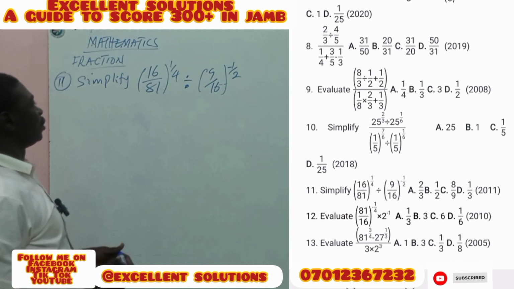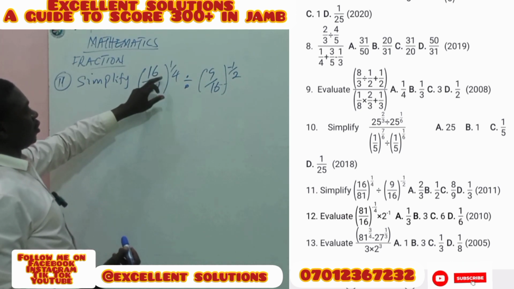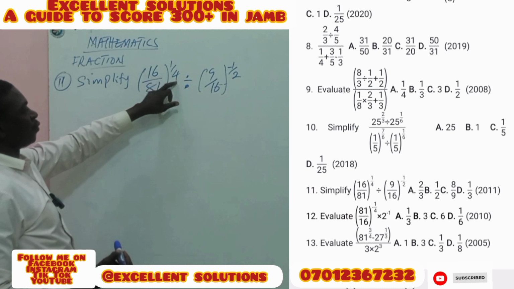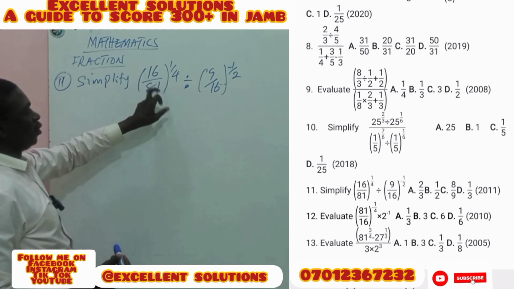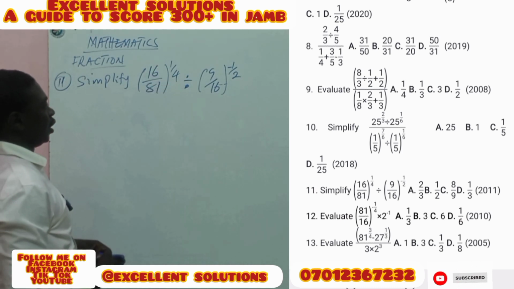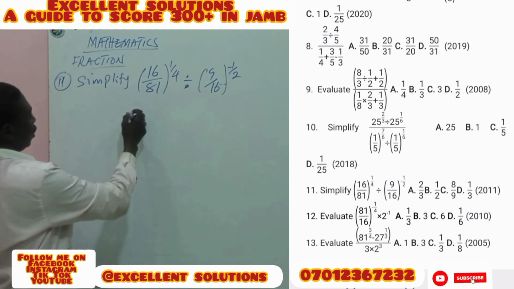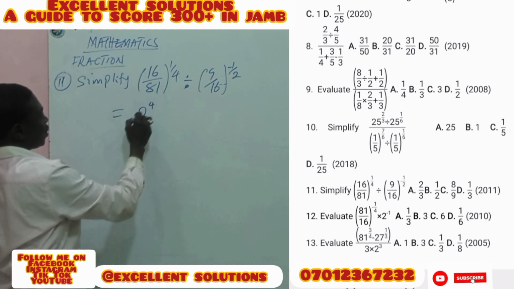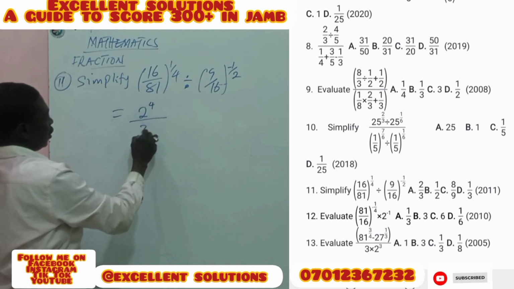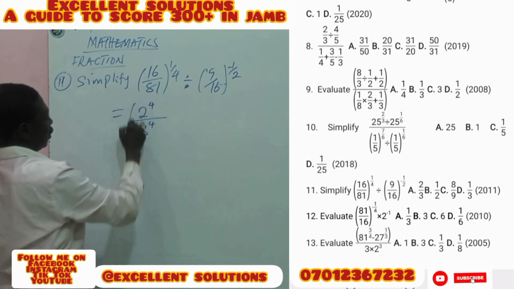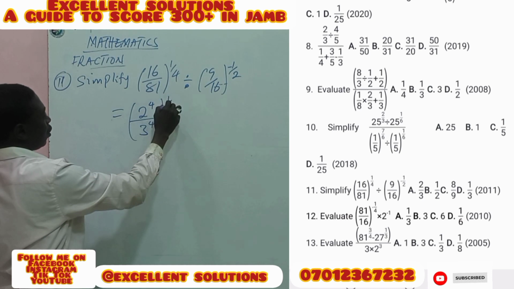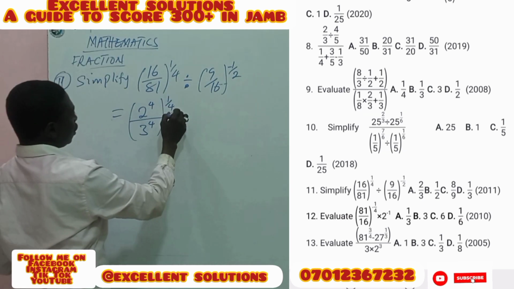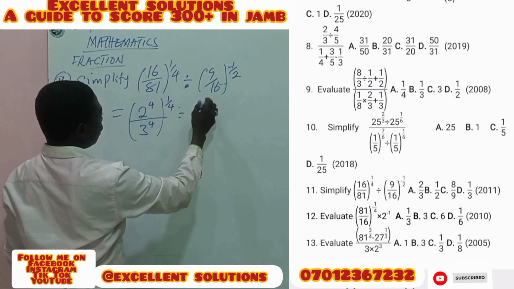So the first thing we need to do is take all of this one. What can we raise to the power of 4 to have 16, and what can we raise to the power of 4 to have 81? So this now becomes 2 to the power of 4, which is 16, over 3 to the power of 4, which is 81, all to the power of 1 upon 4, divided by, here, what can we raise